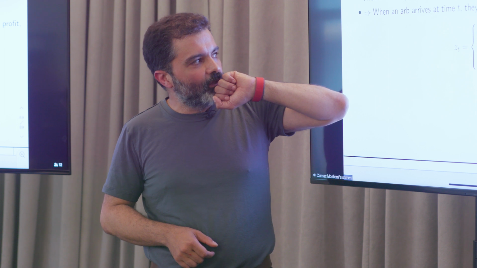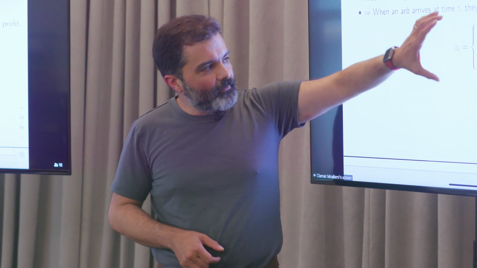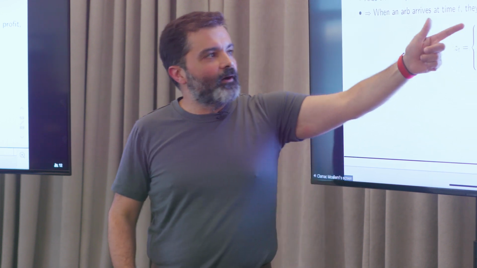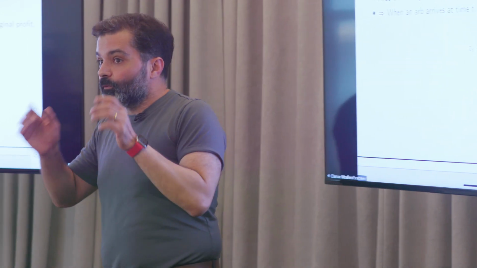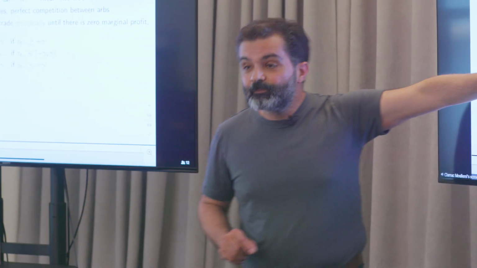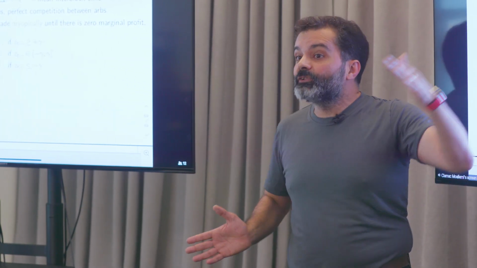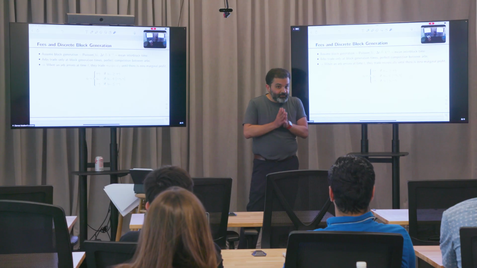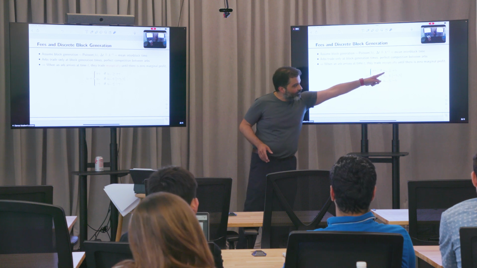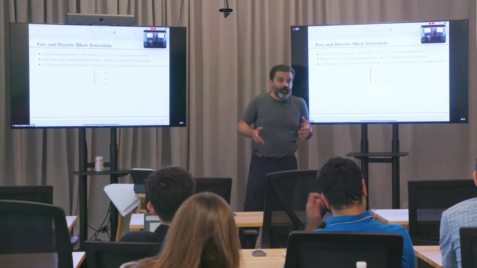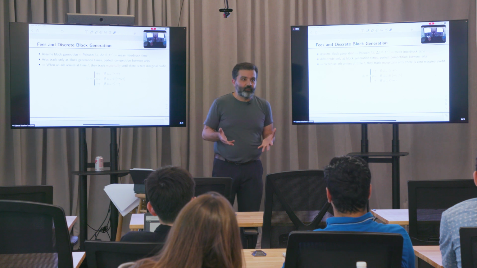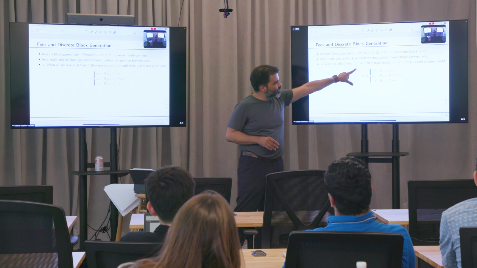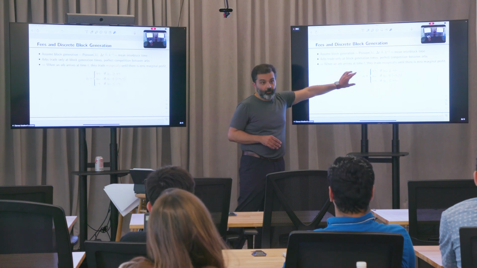And I think it's important to note that the arbs are behaving myopically. They behave like this because when you get to that point, there's zero marginal profit. And this is coming from the perfect competition. If there was only one arb, if it was a monopolist, this may not be optimal. You may want to wait for larger price changes before you trade, because of the presence of the fee. But because there's many arbs, if I see that the opportunity exists at gamma and an arb doesn't trade, some other arb will take it. So the perfect competition forces these arbs to trade myopically according to this rule.